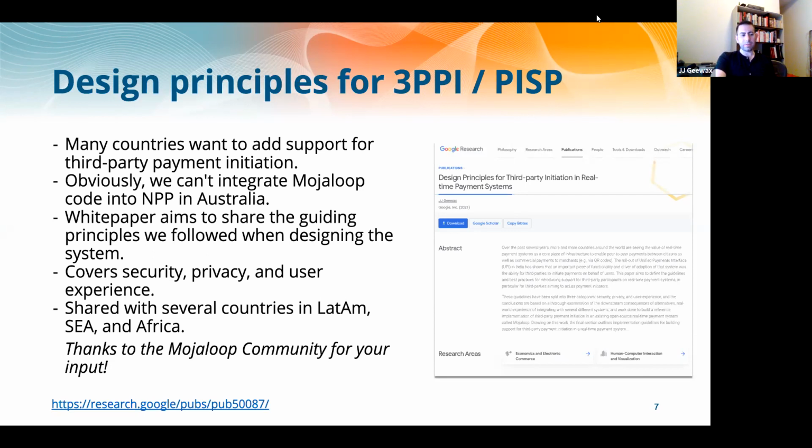One of the things we kept seeing, though, is a lot of RTP systems around the world that are not Mojaloop wanting to build out their payment initiation support for their RTP system. Like NPP was building something out. The new system that just recently launched in Pakistan was trying to expand on this. And there's a bunch of others out there exploring this type of functionality. PIX in Brazil is exploring as well. And so we got all these people who were like, hey, we want to do this, we want to do it right. How do we do this?